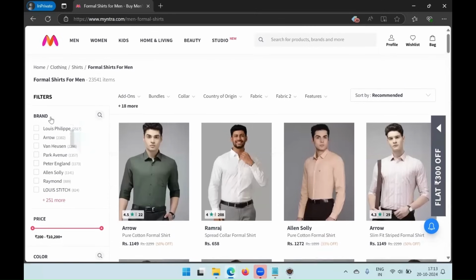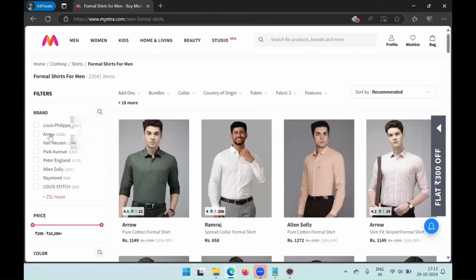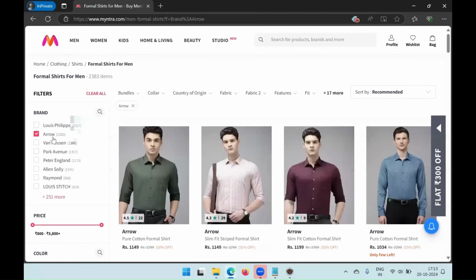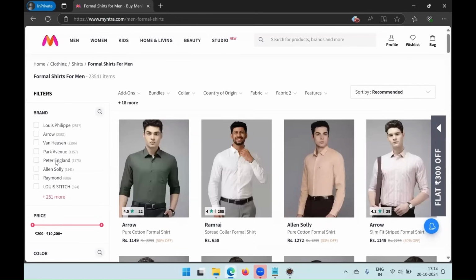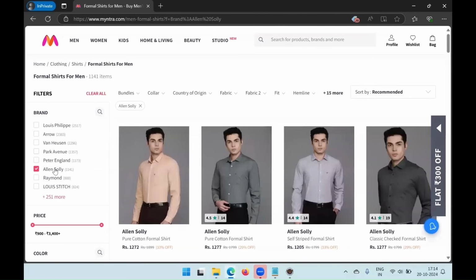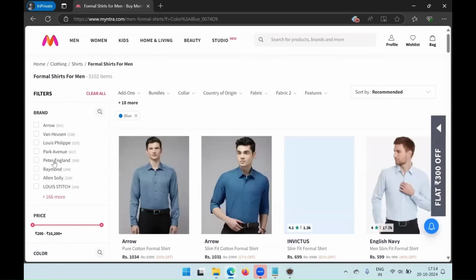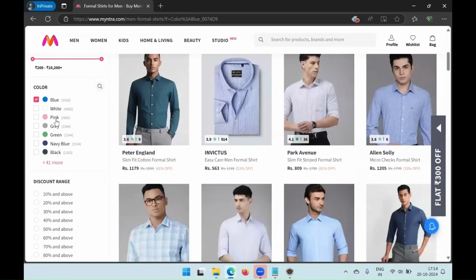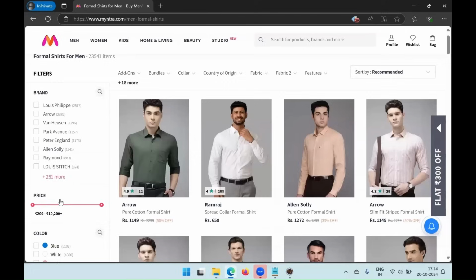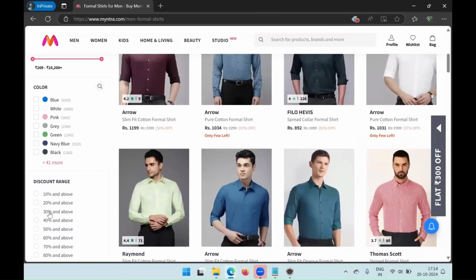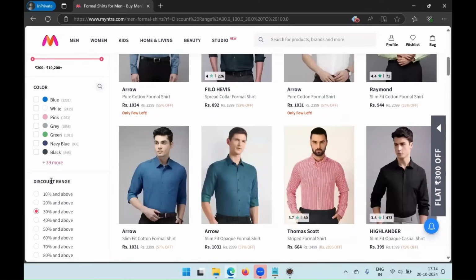Suppose I am clicking in the brand. Let me take Arrow brand. Click on the arrow. So it is filtering the Arrow results, and if I am selecting any one of the labels, so all these are labels here. If I am selecting Ellen Solly, it is filtering that. Similarly, if I am clicking on the blue color, it is going to filter the blue color. Similarly, if I go to the discount and click on the 30% or above,